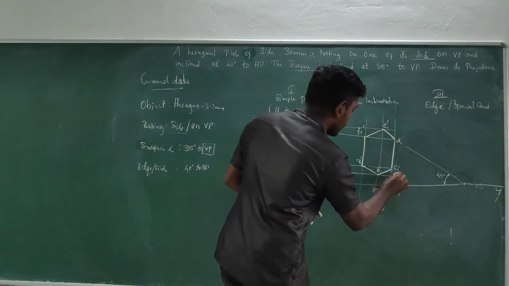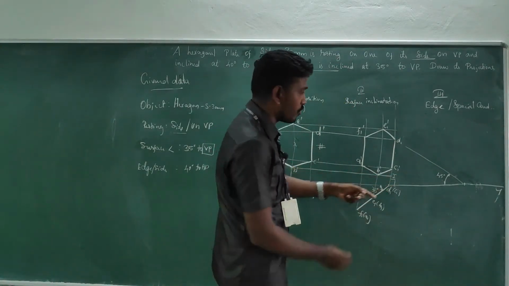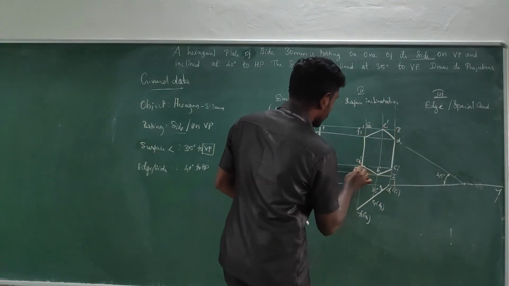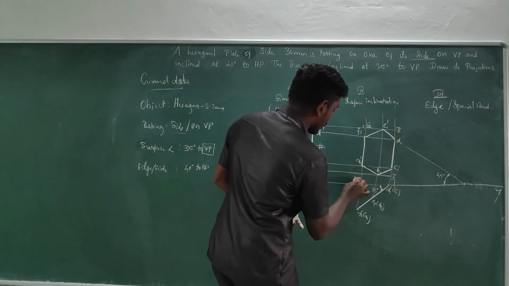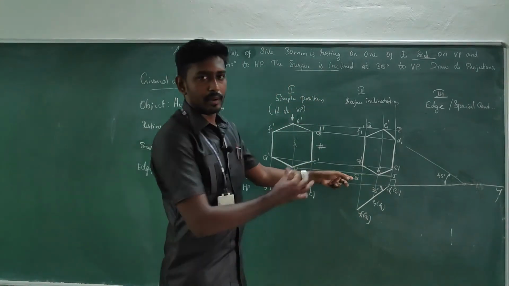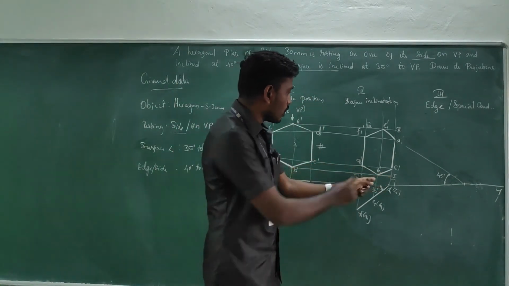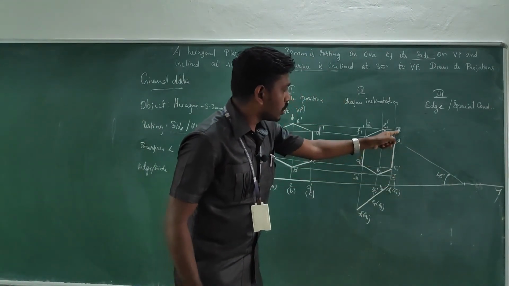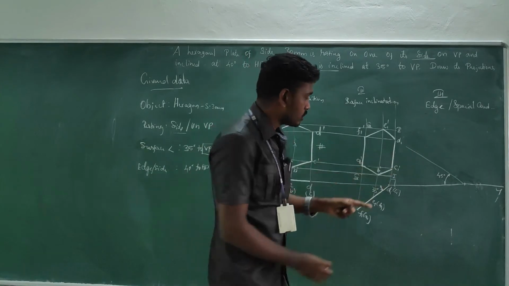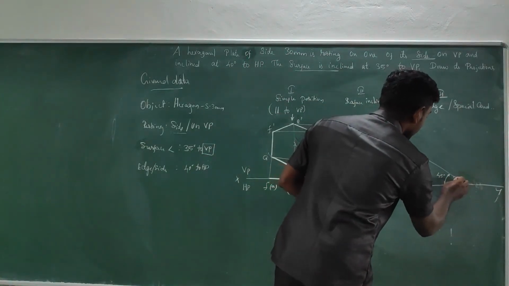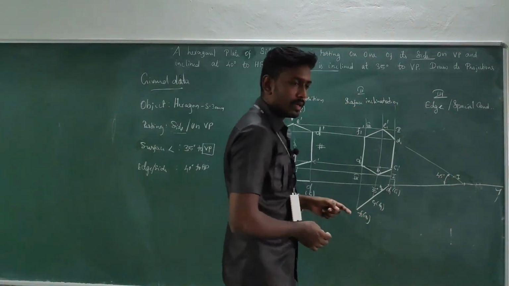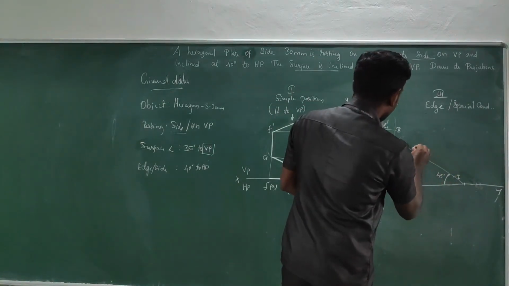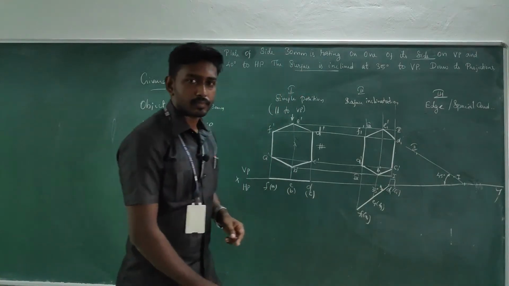I am going to give the name for this corner. I am going to take this as 1, and this is 2, this is 3, and this is 4. So that this is 4, okay. So it will be easy for us to reproduce the image, okay. So I am going to tilt the edge CD. So I am going to take the 1 and 2 on the inclined line. So first I am going to select the 1. Next measure 1 to 2 the distance. Just transfer it. So this would be 2.